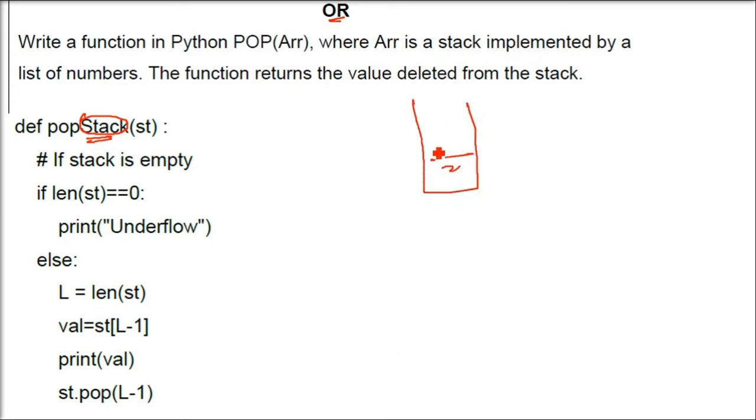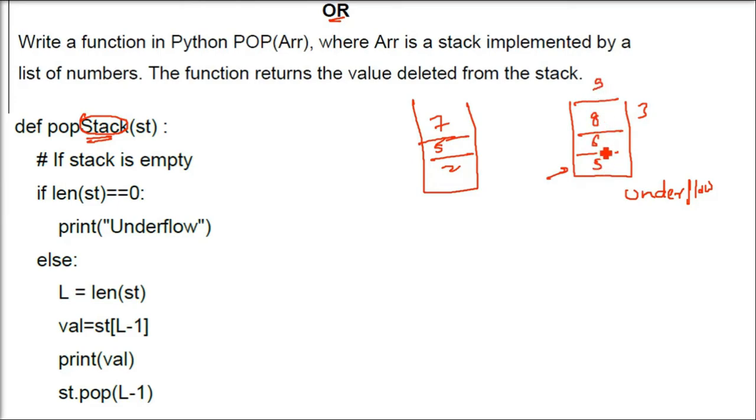So we have a stack, and say it has some numbers 2, 5, 7. So we are now popping out the number. When we take out the number, if there is no number inside, what are you going to get? If you want to pop from an empty list, this condition is called underflow. For example, the size of this stack is 3. You pushed 5, 6 and 8, and you wanted to push 9 more. It will not be pushed because the size of this container is only 3. So in push, this condition is called overflow. There are two conditions: underflow will happen in pop, overflow will happen in push.